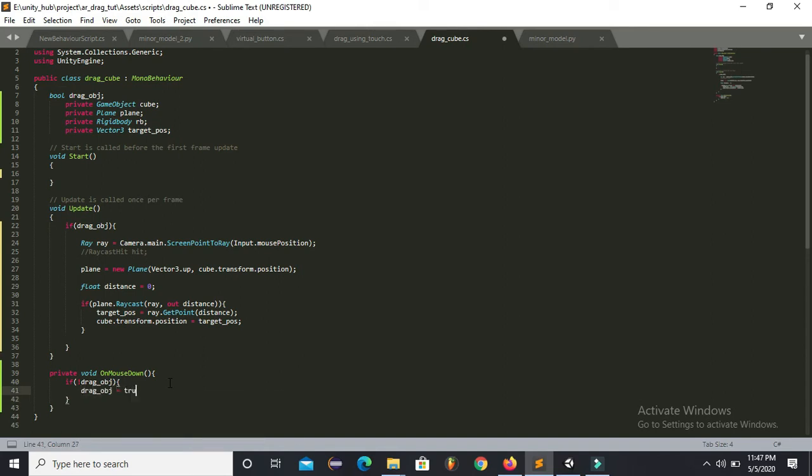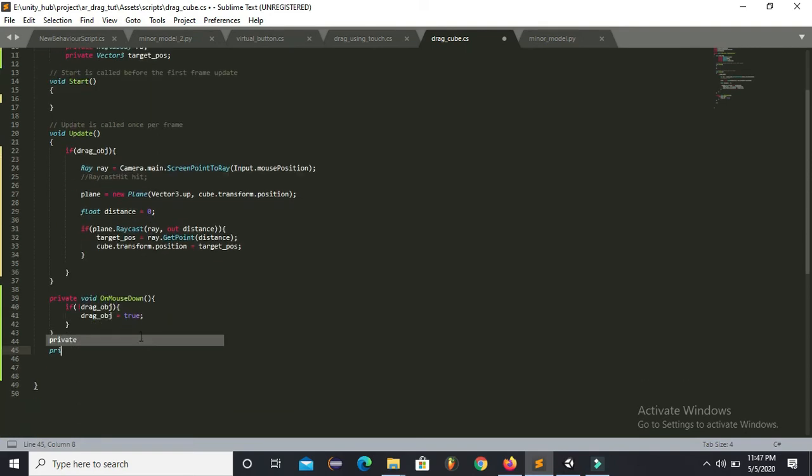So this variable will be set to true whenever we press the mouse or whenever we touch on the screen. Now I will use this OnMouseUp, and this will be called whenever you release your hand from the mouse.